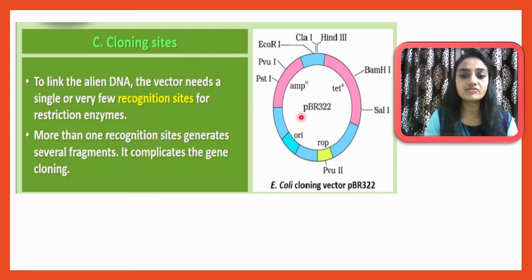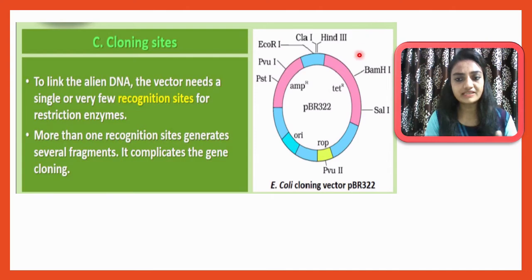So here you can understand this. This is a plasmid, that is circular, and if I want to add some DNA fragment into this type of plasmid, if I want to enter any alien DNA inside that, I must cut it open. To cut it, I will require a restriction endonuclease enzyme. If I apply a restriction endonuclease enzyme on this plasmid, the plasmid must accordingly have a recognition site for that particular enzyme.